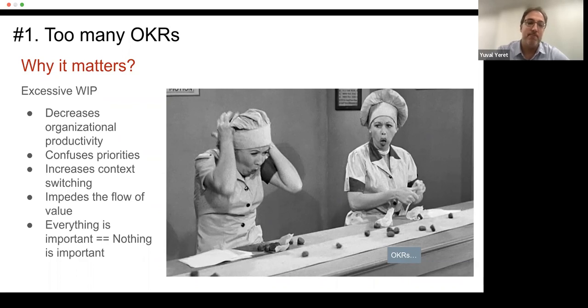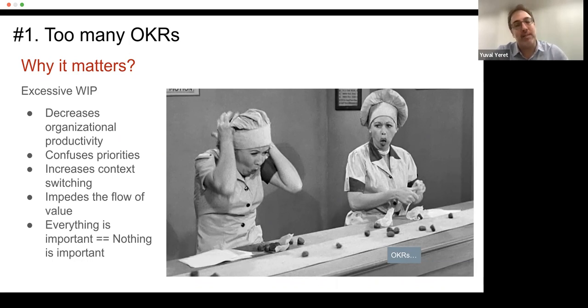One issue that we see when organizations are using OKRs is they have too many of them. Too many OKRs. Everything becomes an OKR. The organization feels like everything needs to map to an OKR, otherwise it doesn't exist. It creates a situation where we're using OKRs to manage the whirlwind, and that's not the intent. What would happen in the organization is there would be too much work in progress overall. There would be lack of clarity around what are the priorities, too much context switching, and when everything matters, nothing matters. Okay, so that's a problem.